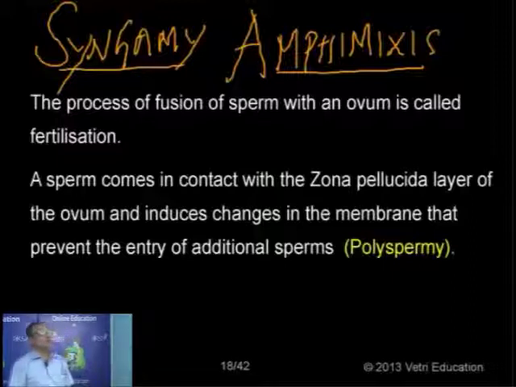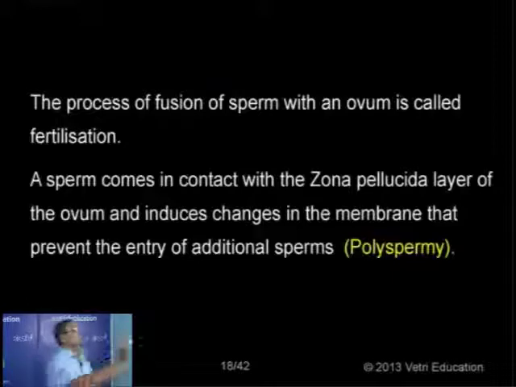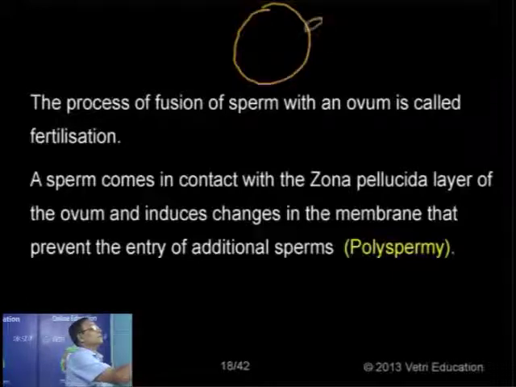Now, what happens at the time of fertilization? We can look at a colored egg and see what is happening. Millions of sperms are approaching a single egg, not one or two thousand, but millions at a time. But only one sperm enters into the egg. As soon as one sperm touches the egg surface, suppose this is the egg surface and a sperm is touching it,